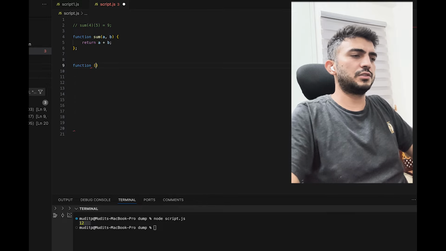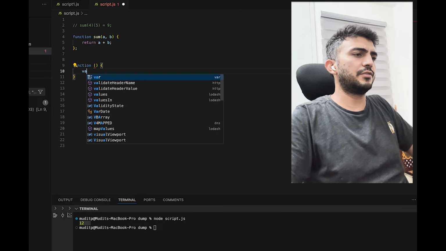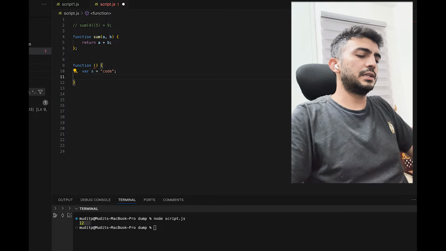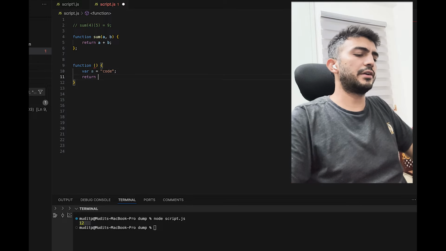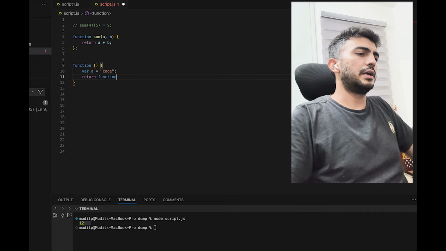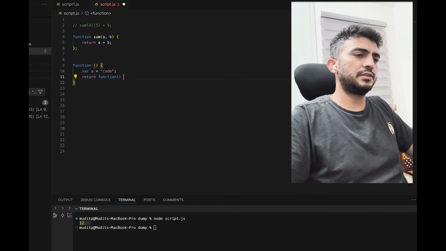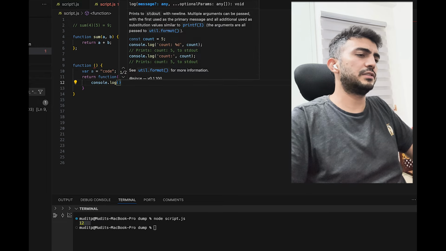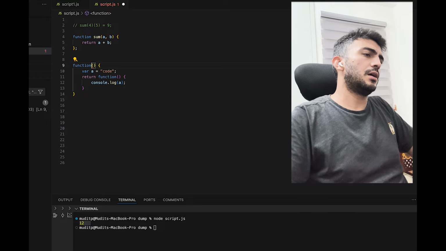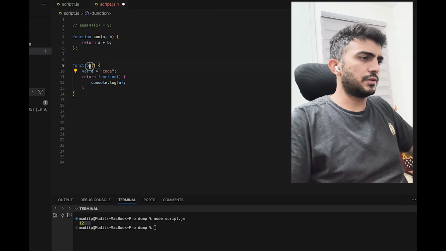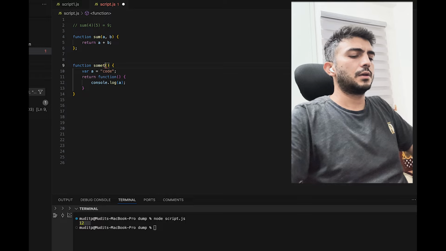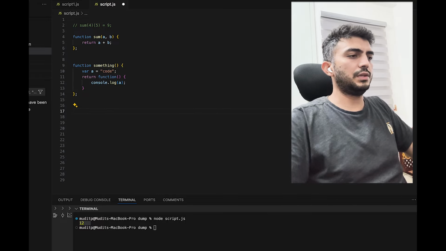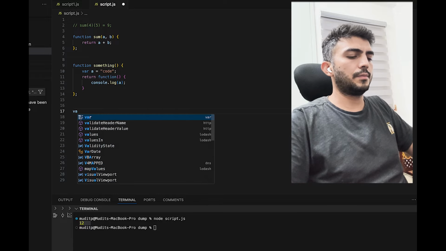So suppose there is this unnamed function. It has a variable a whose value is code or something, and when we call it, it returns another function, and this resultant function console.logs this a. Okay, so let's just name it something. Okay, so now what we do is we do variable foo